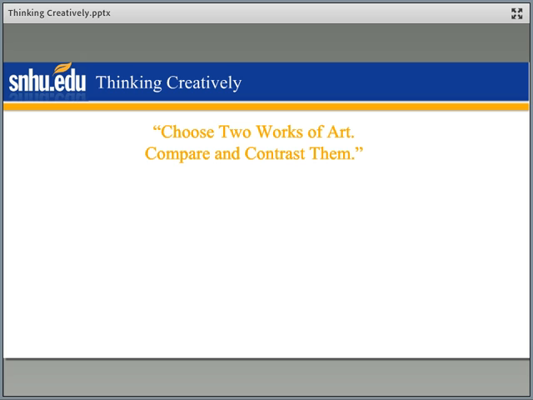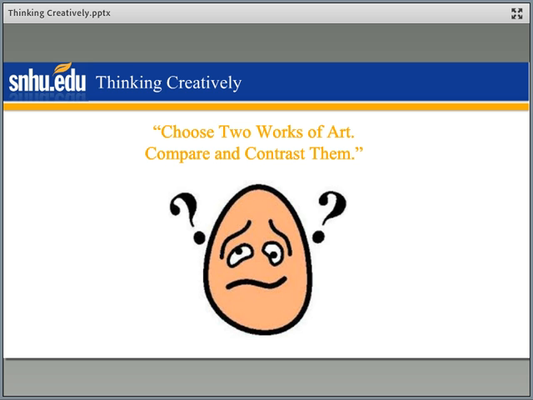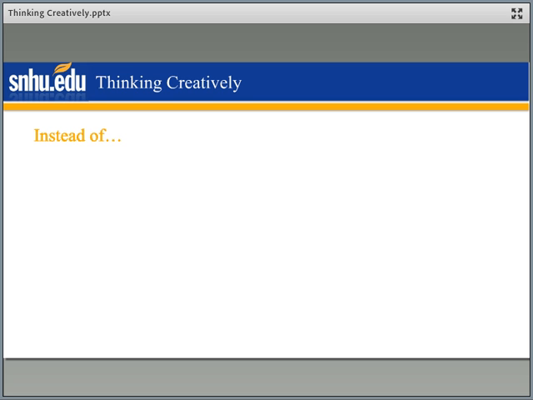Let's say your first assignment, or one of your first assignments, and this might look familiar to you, is: choose two works of art and compare and contrast them. There might be more elements or details in that assignment, of course, but the gist of it is that you're looking at two works of art and you're going to compare and contrast them. And your feelings might be something like this. It's this daunting task that you have here at the beginning of the course. You've got all those feelings we were talking about before: nervousness, anxiety, feeling like art isn't your thing, you don't know where to begin. Here are some ways that you can approach it.